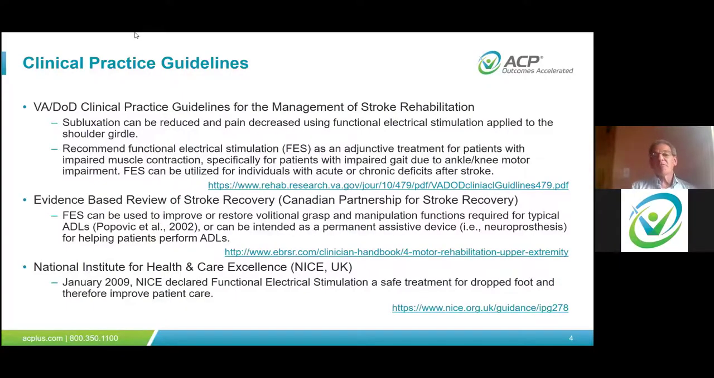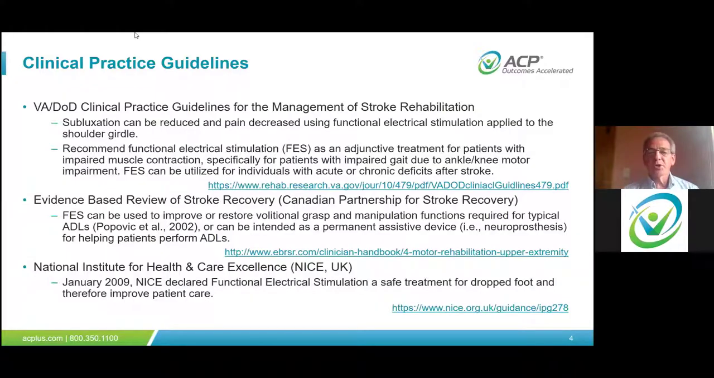Another way to help evaluate how this tool may be of value in the clinic is to look at the clinical practice guidelines that are available. And there are several of them. I've pulled 3 prominent ones out. One comes from the U.S. Veterans Administration, Department of Defense, where they evaluated the use of FES, and it's a fairly large body of research